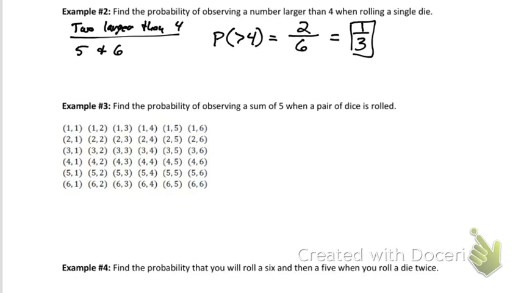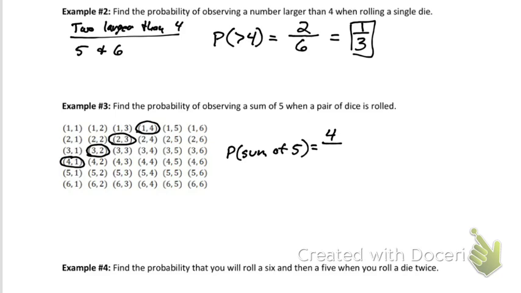Otherwise, we can actually list them all out and count all the ones that equal 5. So we have a 3 plus 2, a 2 plus 3, a 4 plus 1, and a 1 plus 4. Like I said, it's much more efficient just to count in your head. But a 1 and 4 and a 4 and 1 are 2 different outcomes. Be aware of that. So there are 4 outcomes that equal 5. So the probability where we have a sum of 5 is going to equal 4